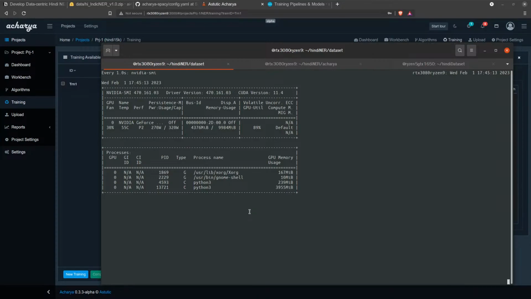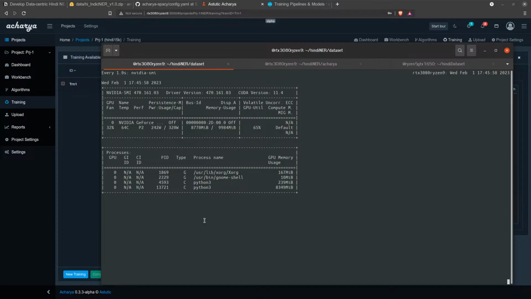Around 3.84 GB has been consumed. Around 5 GB RAM has been consumed. Okay, 6 GB. Now it's 7 GB, and now it's 8 GB. Hope it just stops around 9.5 GB, because this is what I observed last time as well. So the training has started. It's stable around this